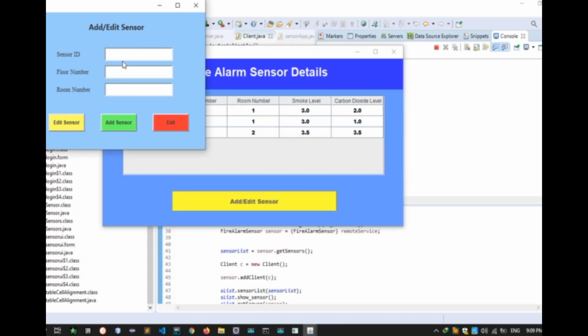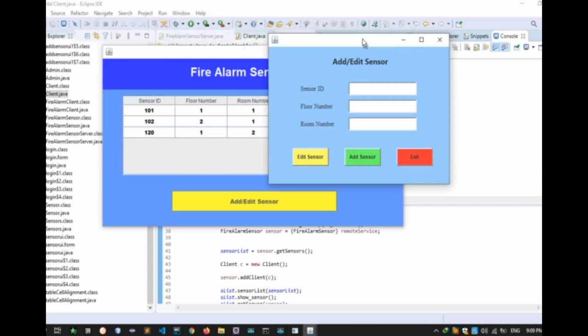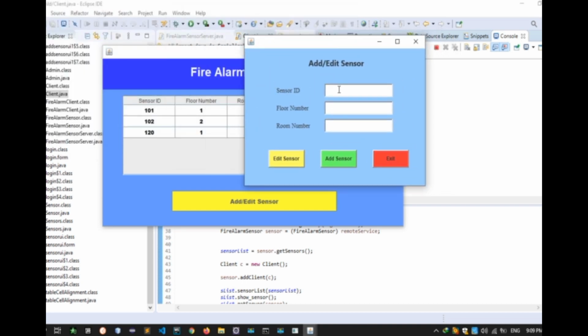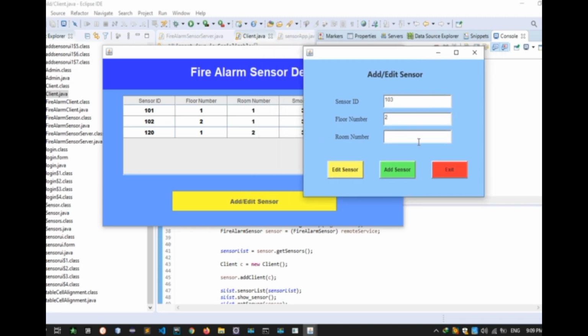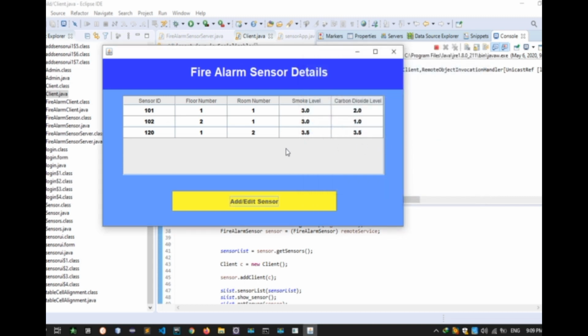Now I'm going to add a sensor. I add sensor 103, and the floor number is 2 and the room number 1. Now the RMI server waits for 15 seconds.